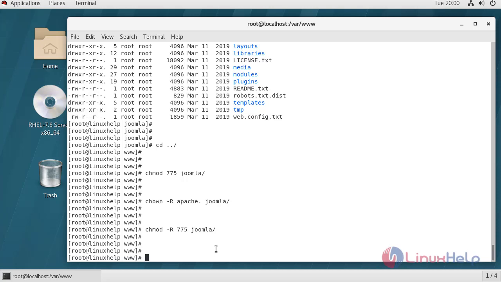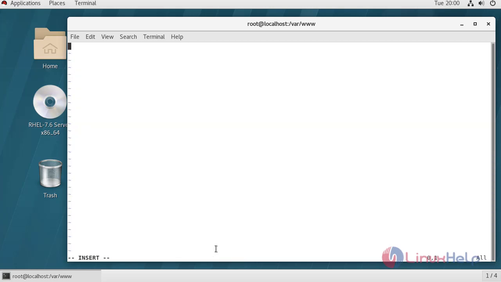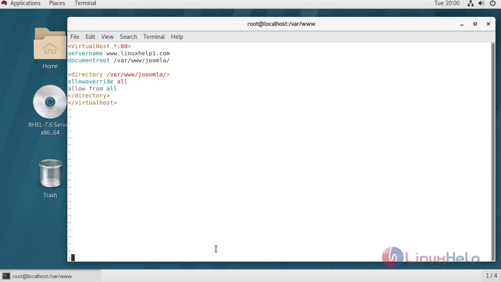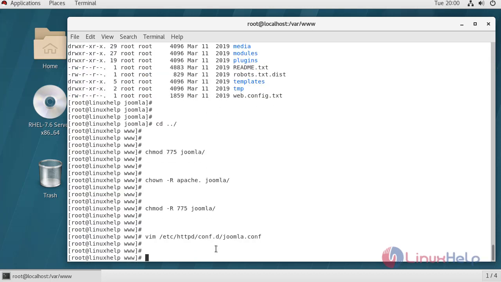Now we have to configure virtual host. Give joomla.conf. And also mention in host file.